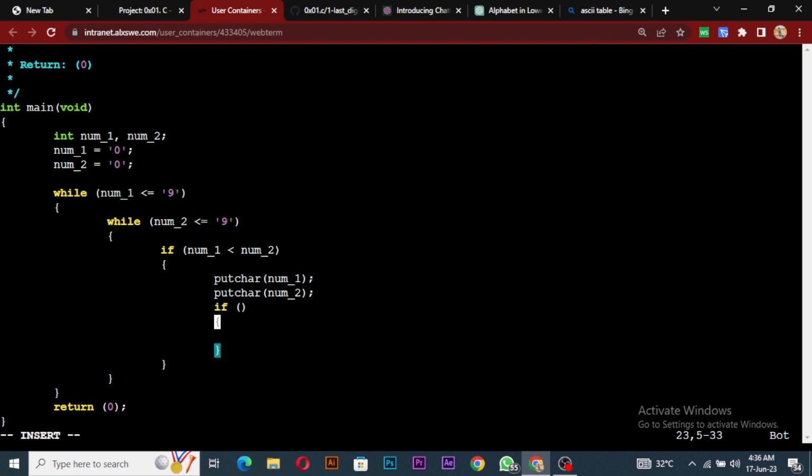I'm trying to see what I can do to retain the value. If num1 is not equal to 8